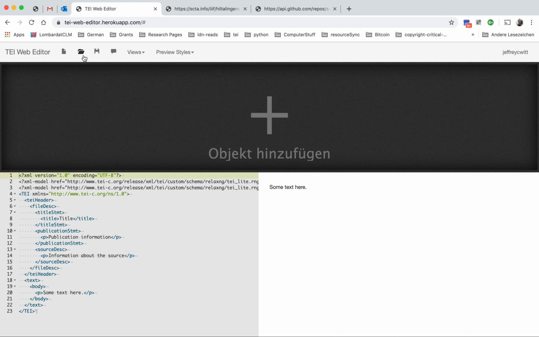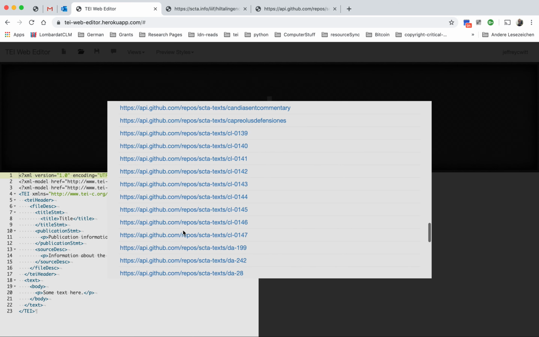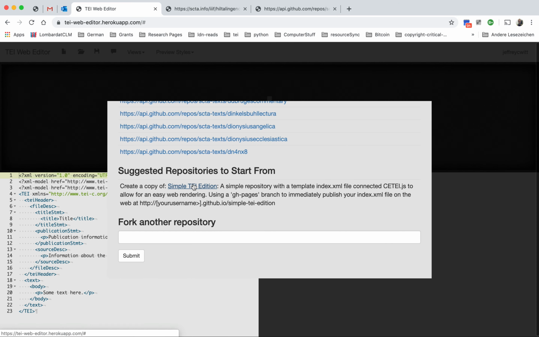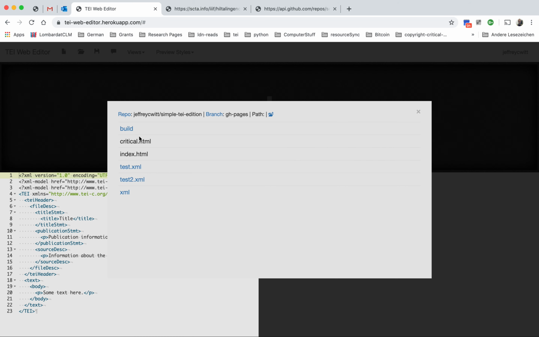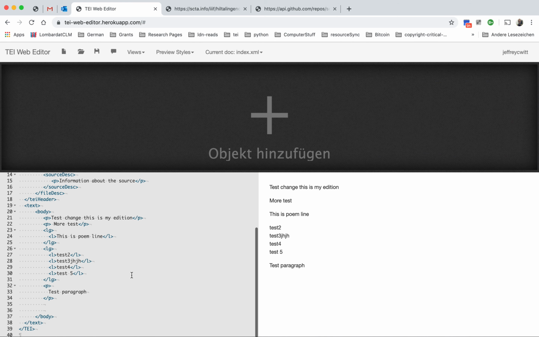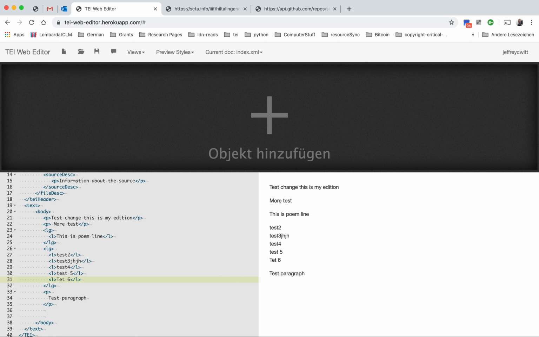So if someone's just learning TEI, we can allow them to log in with their GitHub credentials and fork something called the Simple TEI Edition. When you make a Pages branch, you can immediately open that and open the index.xml file, and you can see we can make changes here. If you have a broken XML document, the browser gives you some primitive errors, and we can add some changes here, and we can add a second test paragraph,